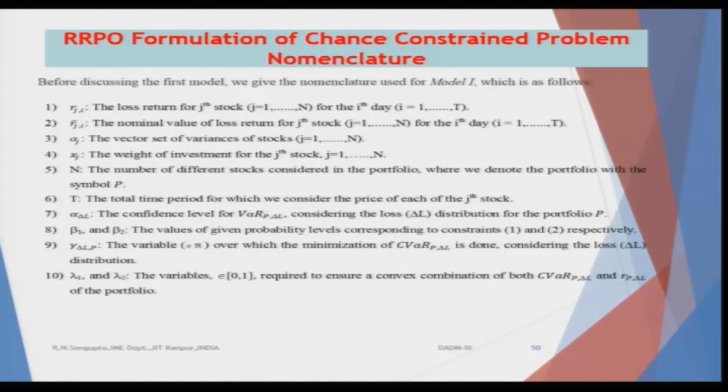These values of alpha and beta are very interesting. There would be two levels of risk. One is what the investor is perceiving from his or her side, and there is a market risk. So, it may be possible that I think the market is very risky, but actually it is not. So, my perception of the value of alpha, based on which I formulate the problem, and the value of the market risk in reality, which is beta, may be different.